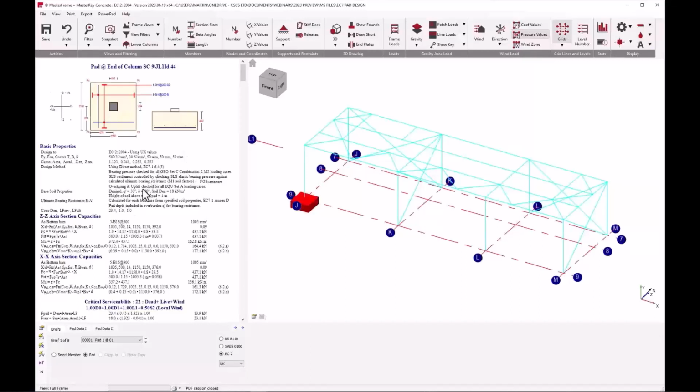Listing out some soil properties here. Now, if you didn't have any set C cases, we would still do the geo checks for set B cases. If you didn't have any EQ cases, we would do the overturning and uplift for those, and we would give you warning notes on the screen saying we couldn't find any set C cases or we couldn't find any set A cases. So we're looking at the bearing resistance then,